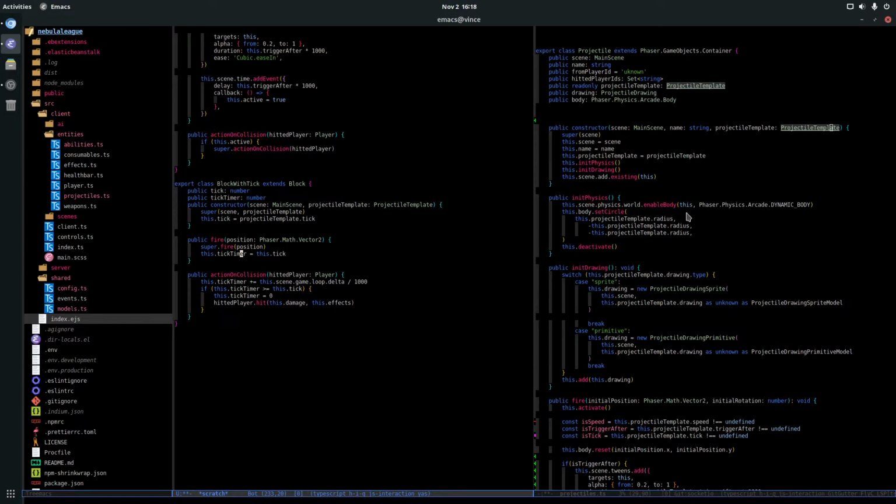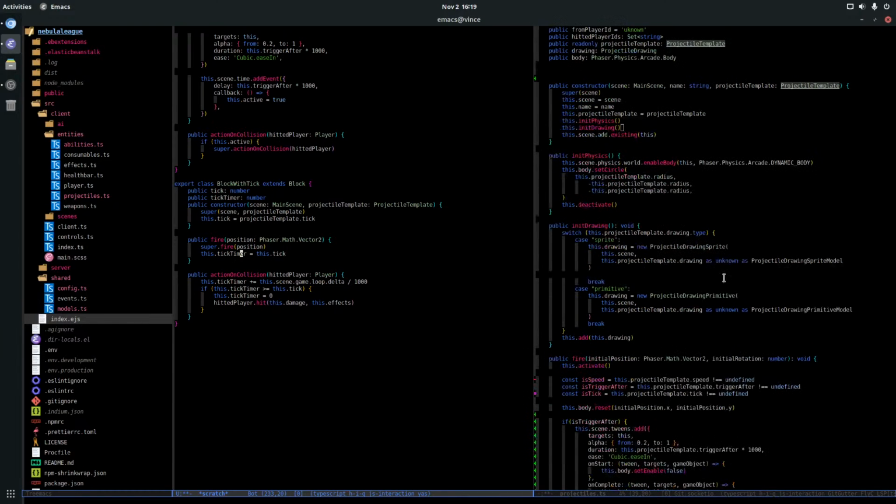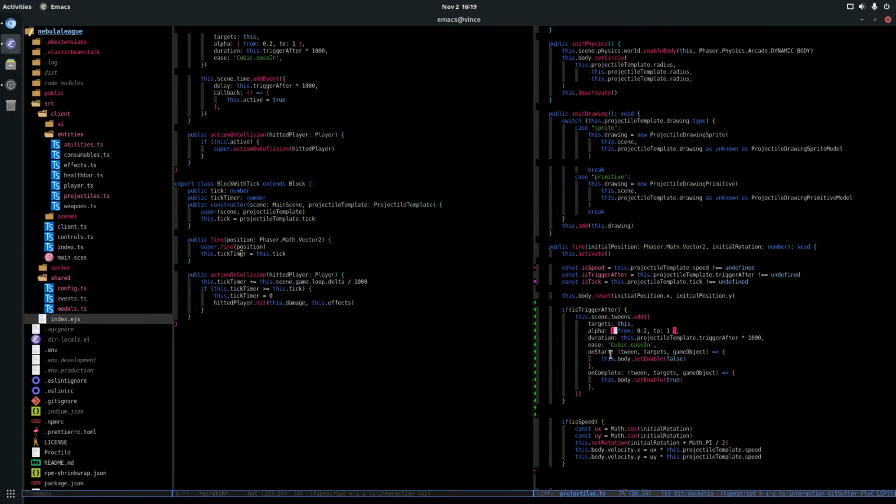I feel the tick timer should always be 0. Yeah, I don't know if I want to track it inside my projectile. Can I use a timer?